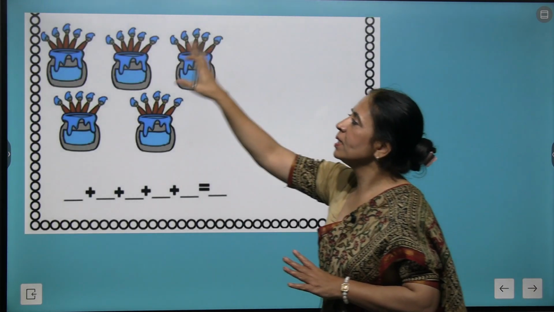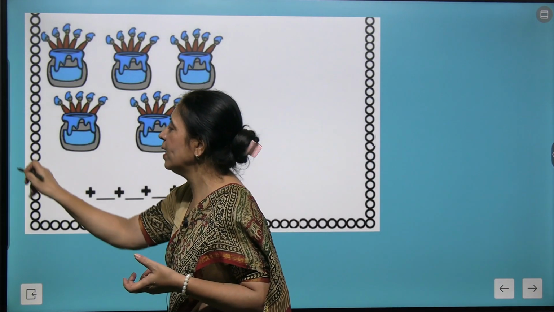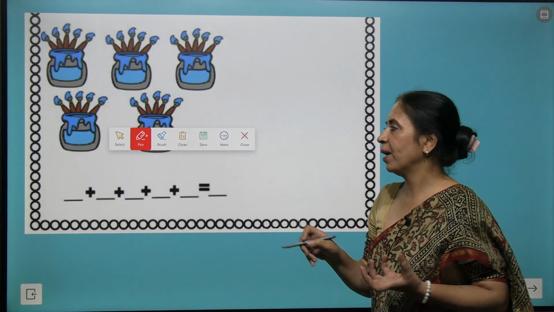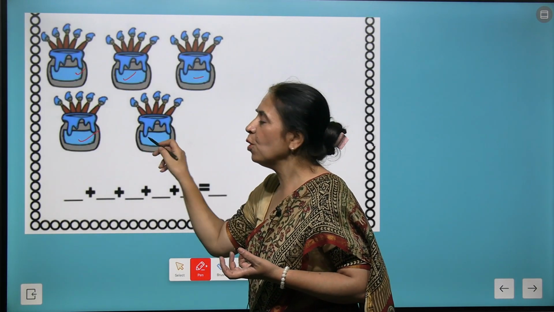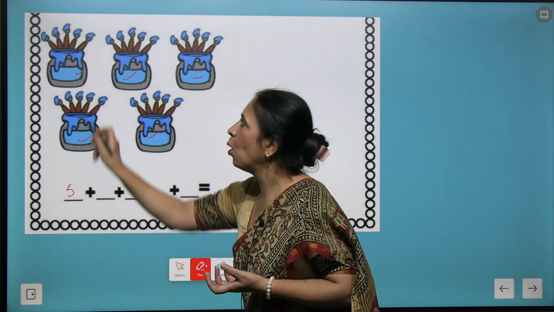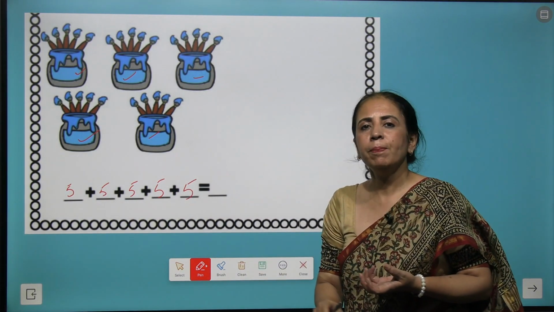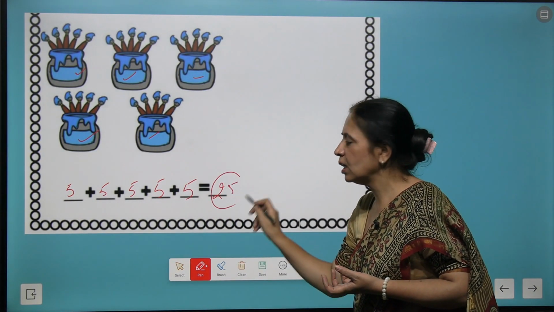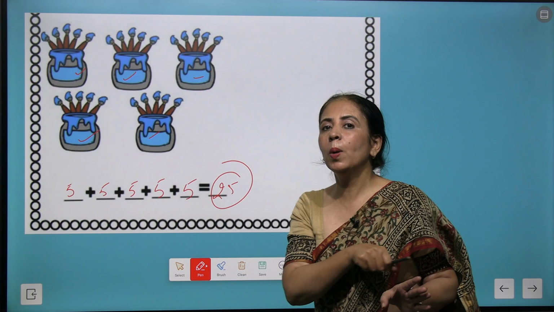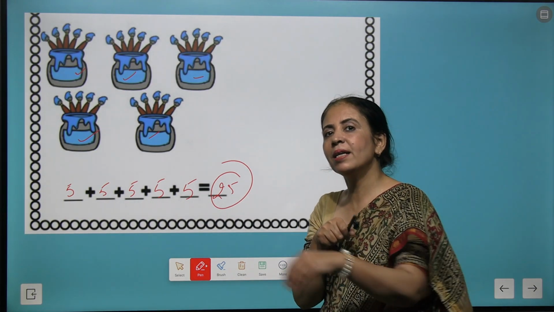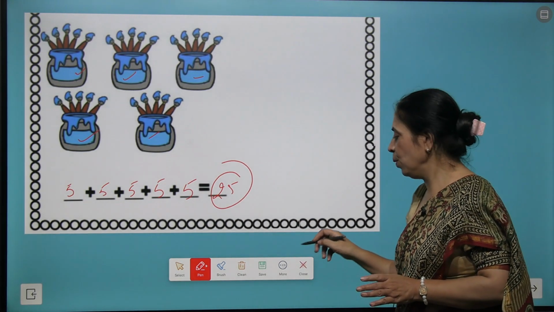Now here we could see that we have some brushes in pots, and we have made a collection of 5 brushes in each pot. So what do you say? We have made 5 groups, 5 plus 5 and so on. When it comes 5 times, that shows that there were a total of 25 brushes. They were divided into 5 equal groups and each group has 5 brushes. That means it is also called equal distribution.